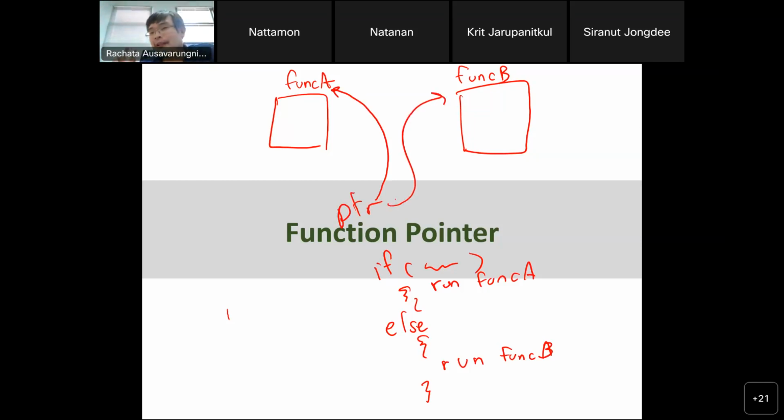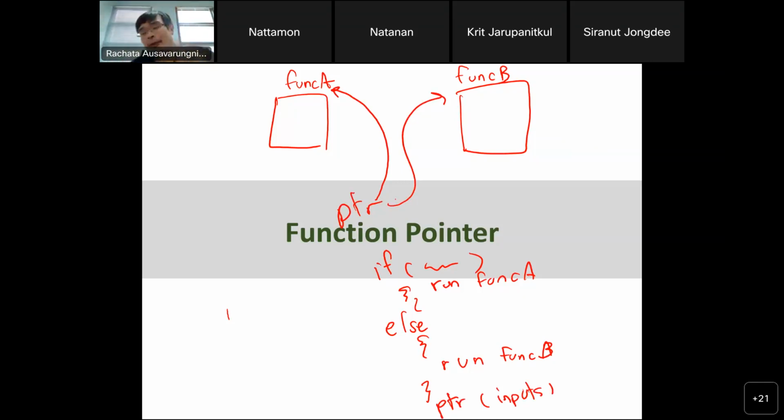And this is a little bit more flexible compared to code that is built in statically, saying, hey, run function A and run function B. Now you just say, hey, this pointer will point to function A, and this pointer will now point to function B, and you can use this pointer all the time. And in the future, you can use the pointer later, with the input, to call the function, right?